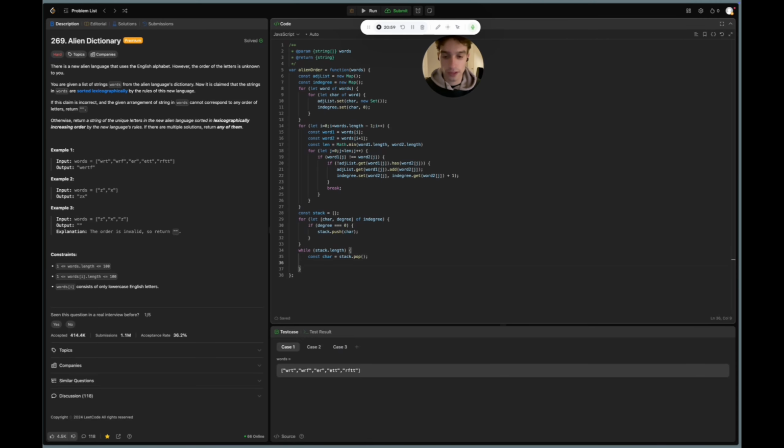And then we can say for all of our neighbors, we get our adjacency list of this character. So this is a set that we're retrieving. And for each neighbor, we need to,